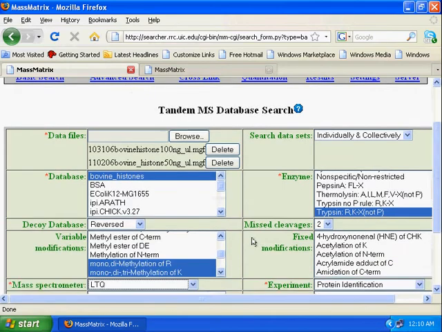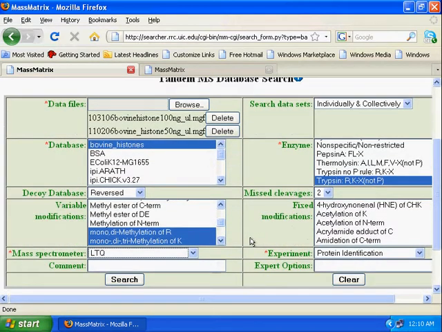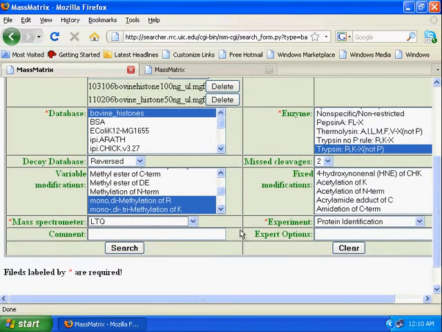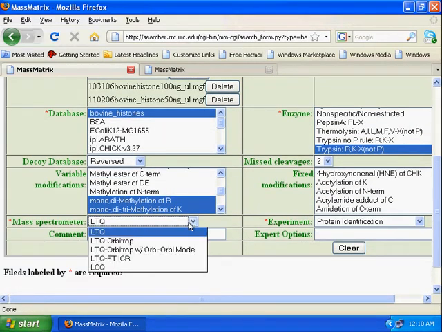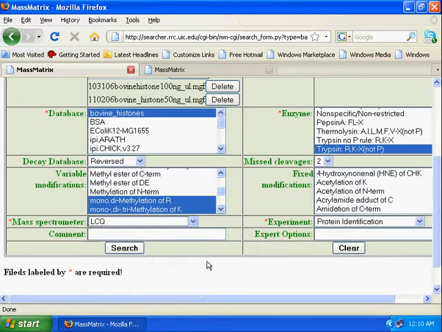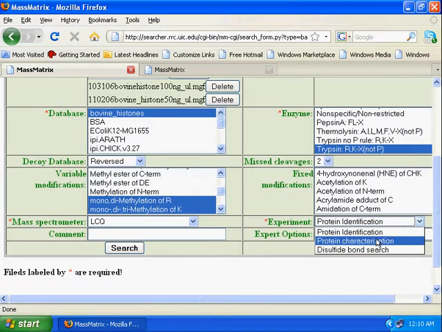If you use the basic form, the only thing you need to choose is the mass spectrometer you use. For example, I use the LCQ for this one, and what kind of experiment you are doing. For example, if you're doing protein identification, or protein characterization, or you're doing a database search. I'm doing only the identification, so I'll choose that. And all other advanced parameters will be set up by the program according to the mass spectrometer and the experiment I chose. And now I'm going to click search, and then